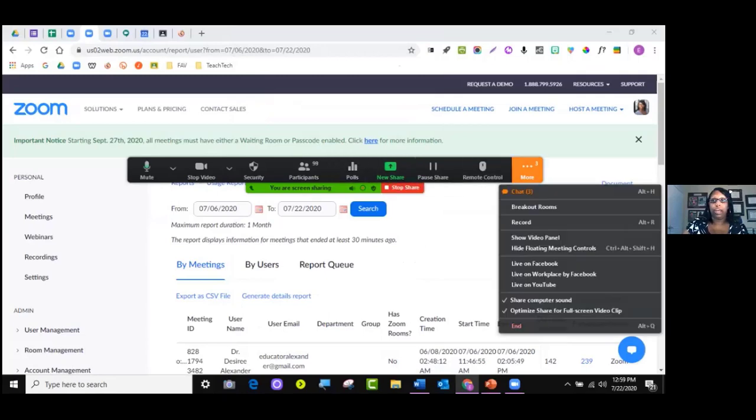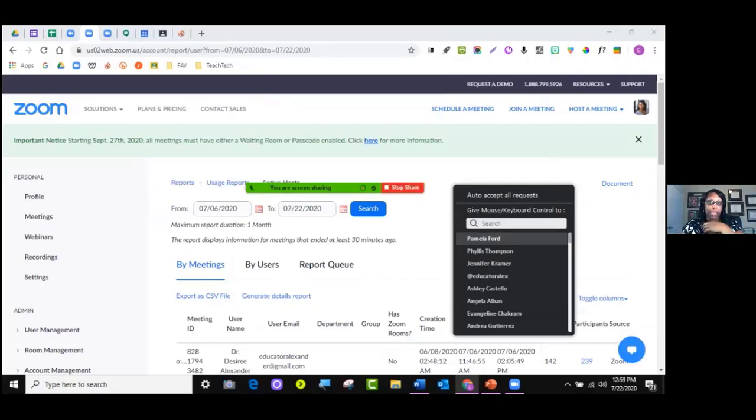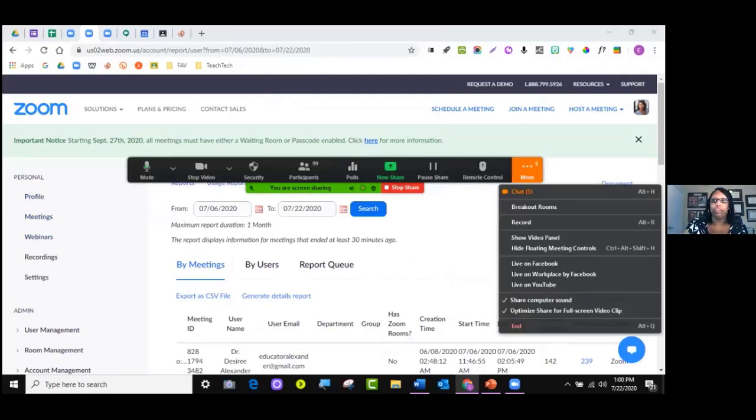Then if a student had their screen up and I want to take remote control over it, I can click that and ask, hey, Pamela, share your screen and let me take control over it and show you what you're doing wrong. A lot of people don't even know that's there. Okay, and that's a setting that you would turn on in this part. If you wonder why did she go through that, you need to know that. And then you have under more,